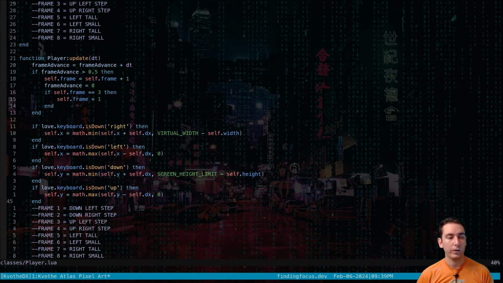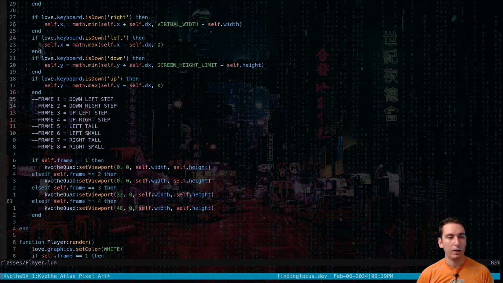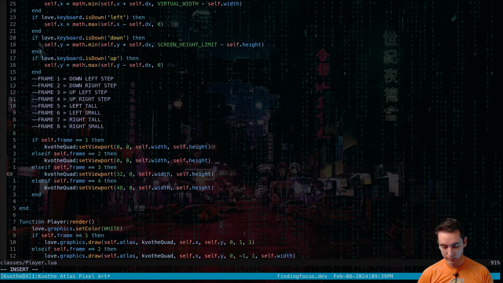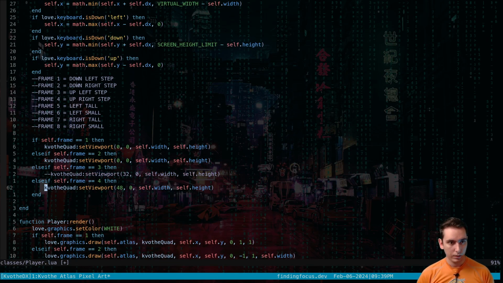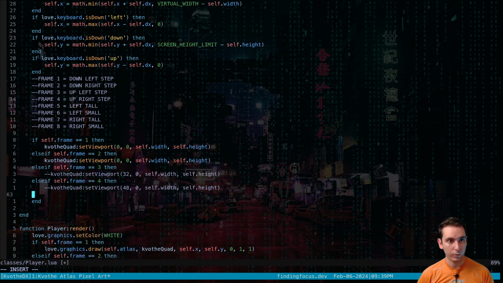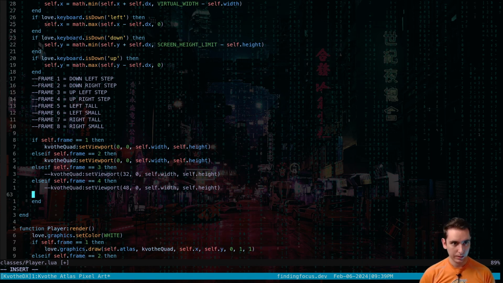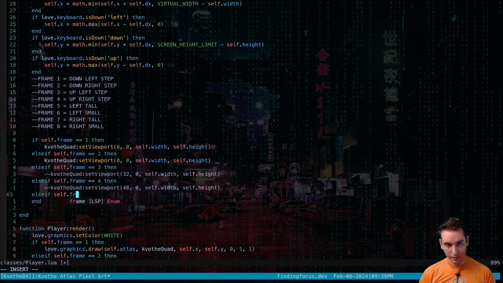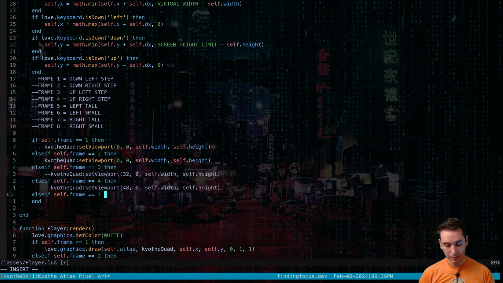And we'll get that going. So we'll need to fix this. But we can go ahead and try for frames 7 and 8. So else if we are at our frame 7,